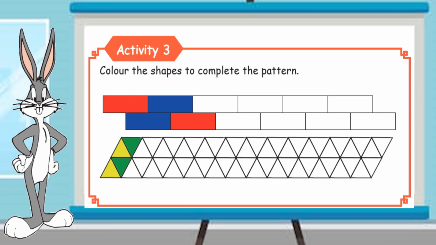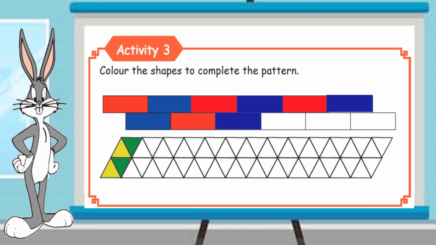Activity 3. Color the shape to complete the pattern. This one we have already done in term 1 itself. Am I right? So the same we are going to follow in term 2 also. Just you know well. So look at the first one. Yes, the first color is red and the second one is filled with blue. Am I right? So what will be the next? Yes, red color. You have to color with red. Then after that we have to color with blue, then red and blue. So come down. In this, the first one is blue and the second one is red. So the third one is blue. The fourth one is red and again blue, again red.